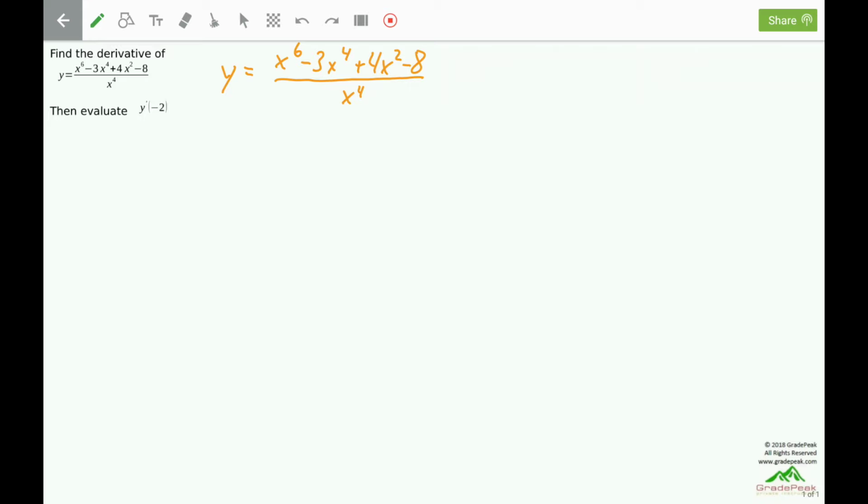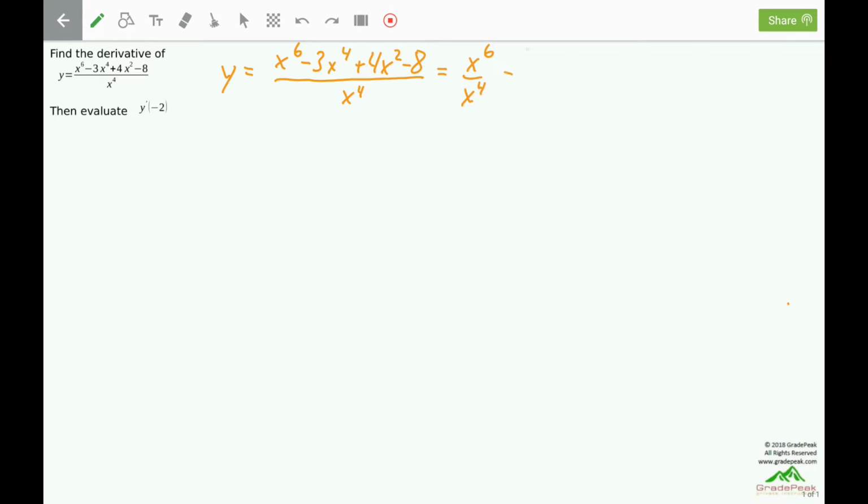And therefore, to take the derivative, one option is the quotient rule, but since we have a single term in the denominator, it's not added or subtracted with anything else. Another option is to take the quotient directly by putting each term in the numerator over that denominator and simplify the work needed for the derivative. Let's do that. We can separate each term in the numerator over that denominator,